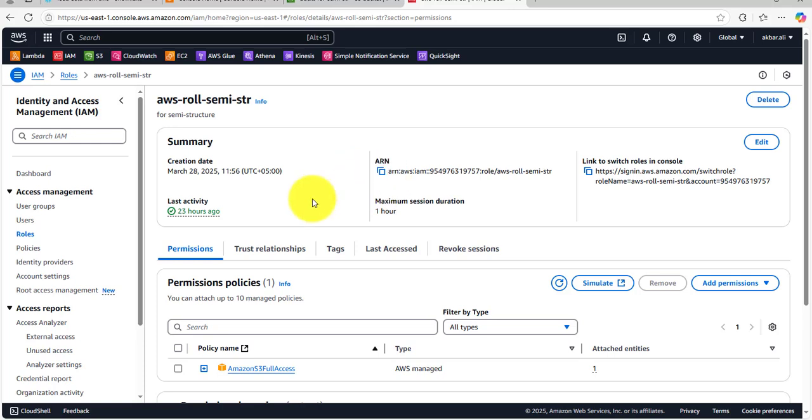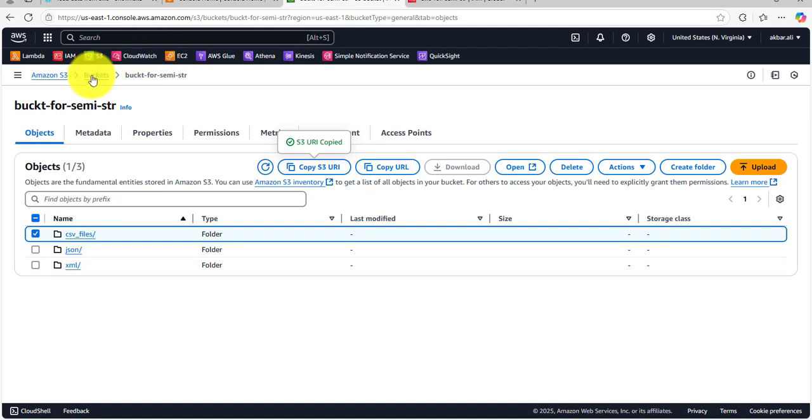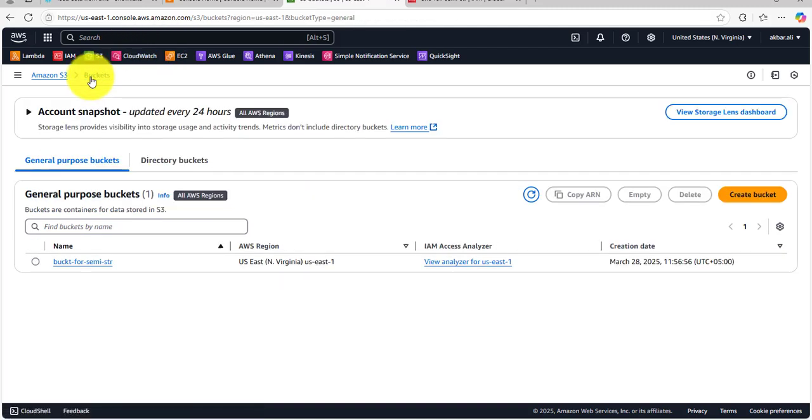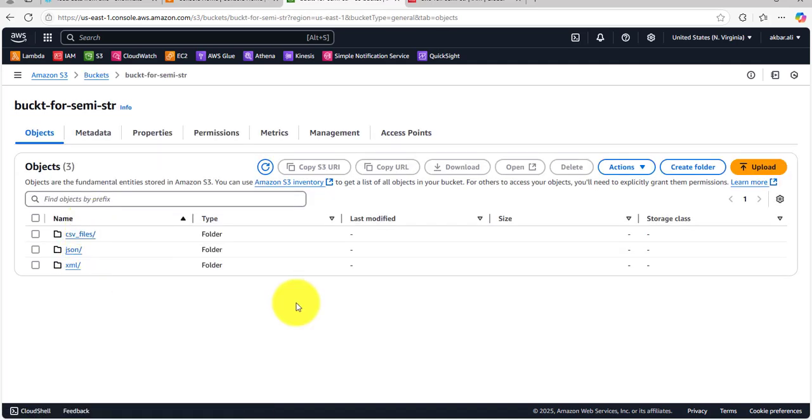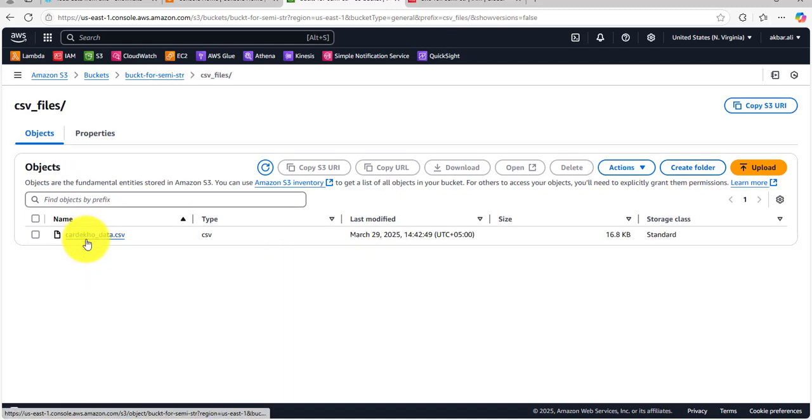Okay, and after that I will create a bucket; I have created a bucket named bucket for semi-structured data. Open this, I have created three folders here. I have created a CSV folder, then I have uploaded the CSV file from this button. When I select this,